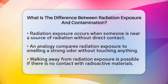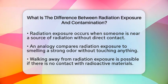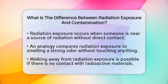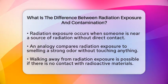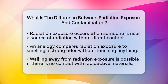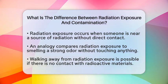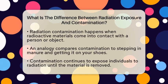Radiation exposure occurs when someone is near a source of radiation. This can happen without direct contact with radioactive materials. Imagine standing next to a strong-smelling field. You can smell it, but as long as you do not touch anything, you will not carry that smell with you. Similarly, if you are near radiation but not in contact with radioactive materials, you can walk away without carrying